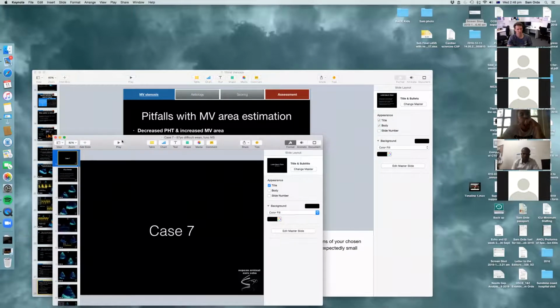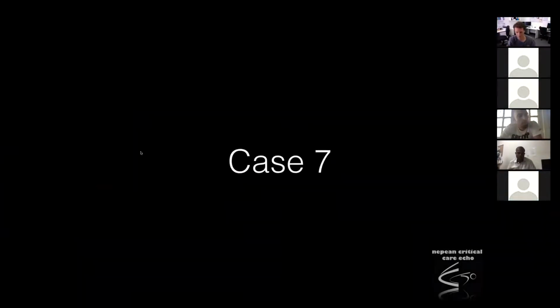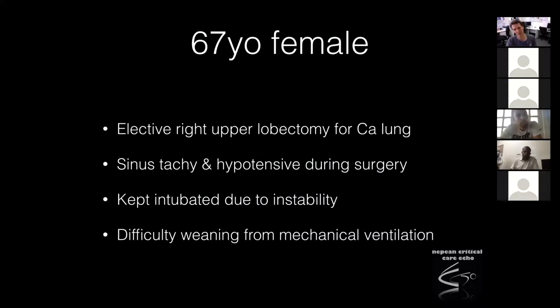Cool. All right, let's try this one. This is a cracker, this one, actually. So, again, not the best pictures in the world, but this is a really important case for me. Okay, so we've a 67-year-old female. She had a right upper lobectomy for lung cancer. She was sinus tachy and hypotensive during the surgery, but she was kept intubated because they couldn't get her off the ventilator. And so we had her in the unit, and the next day we were again having difficulty getting